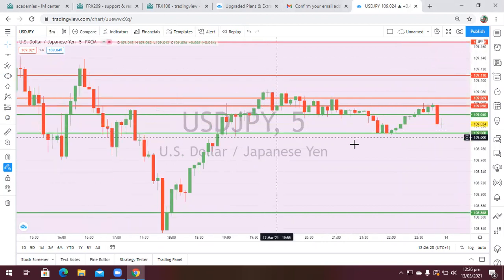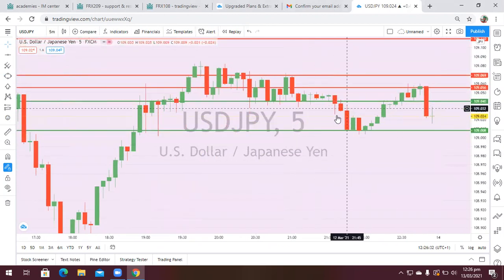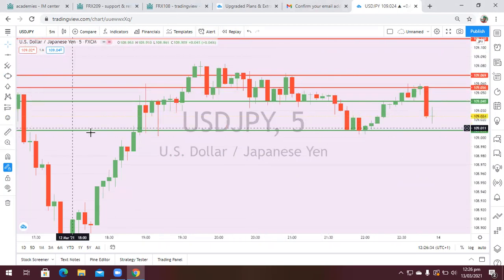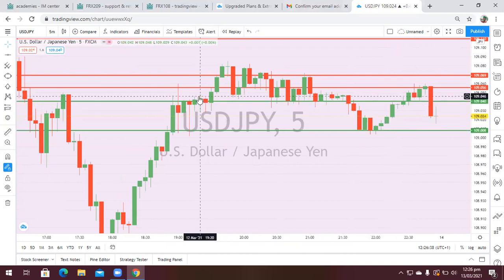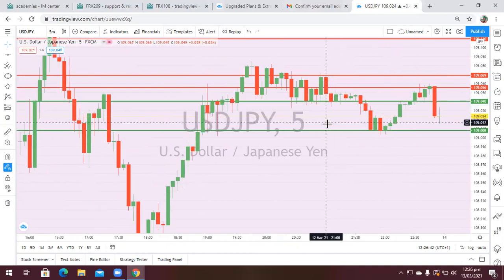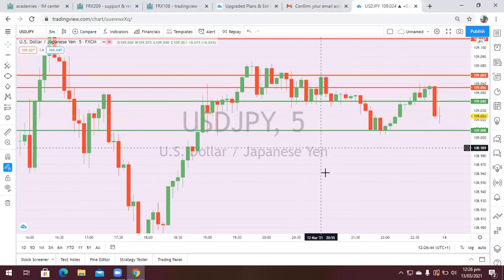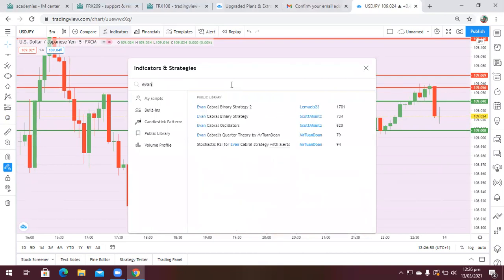So this is it. On 5 minutes now, what do we have here? Does everybody see how all of these things are playing out even on the 5 minutes time frame? Am I supposed to mark any zone on 5 minutes? All of them are marked already because of what I do on the daily, the 1 hour and the 15 minutes. So if I have to go ahead and mark the strategy,